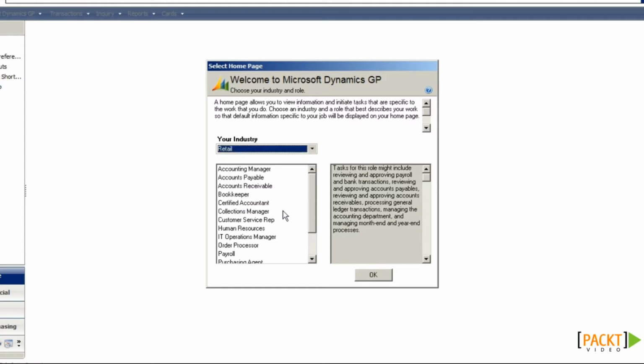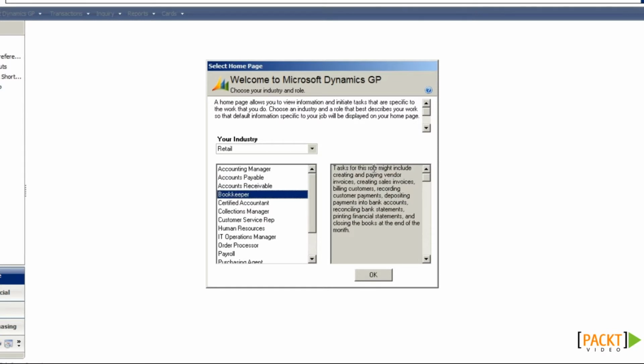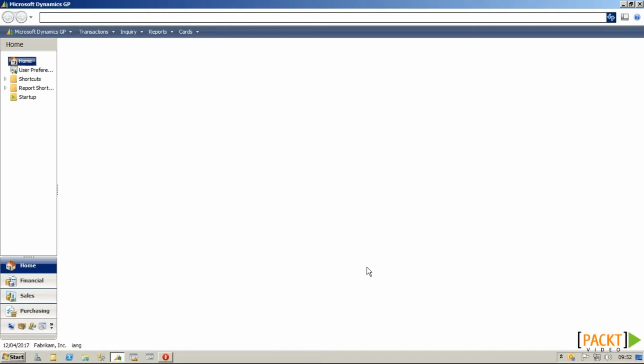For example, if I pick Retail and Accounts Payable, I'll be presented with a home page which focuses on these sort of tasks. If I was to pick a bookkeeper, there is a different set of tasks, so different options will be displayed on the home page. As a demonstration, I'll pick the Accounts Payable and say OK,